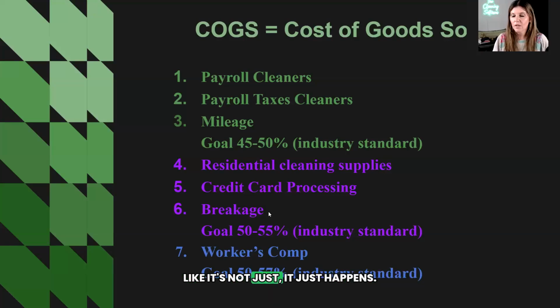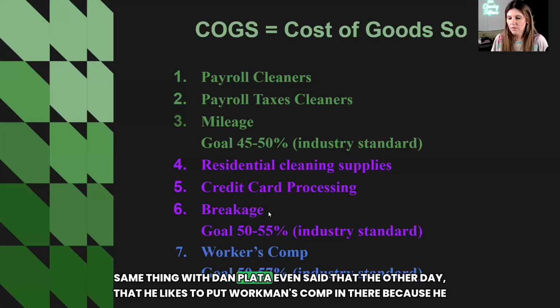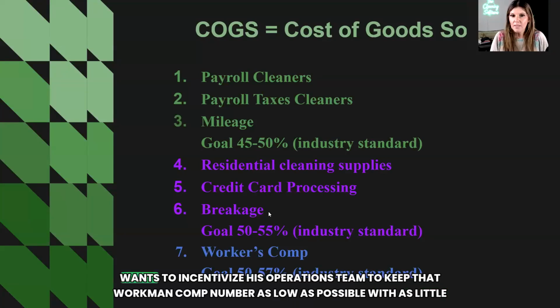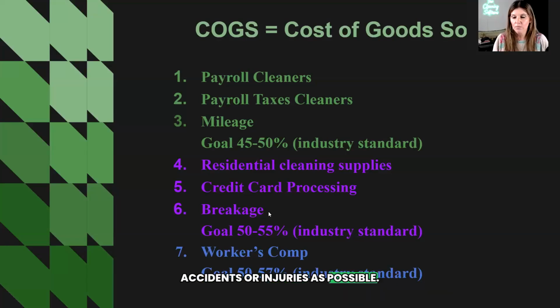Like it's not just, oh, it just happens. It needs to be in the COGS. Same thing with Dan Plata, who even said the other day that he likes to put workman's comp in there because he wants to incentivize his operations team to keep that workman's comp number as low as possible, with as few accidents or injuries as possible. So